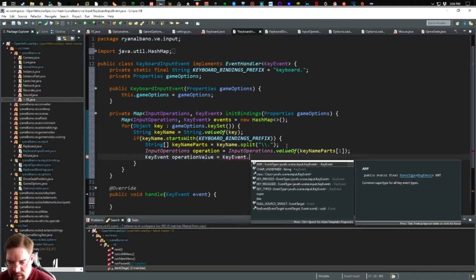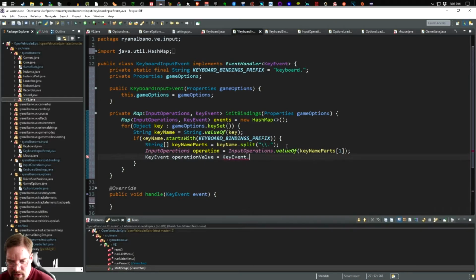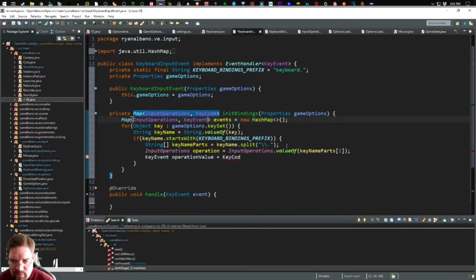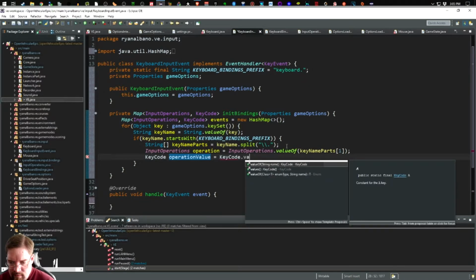Oh, is it not really enumeration? Wait a minute. Is it key event? Or no, I'm sorry. It's key code. Did I put key event? I meant key code. Yes, that's what I want. Key code. I screwed up. It should be key code here. Dot value, yeah, because that's got add, accept, alt, asterisk, yeah, value of